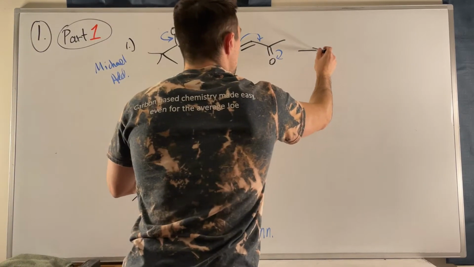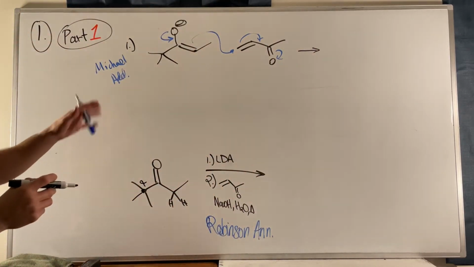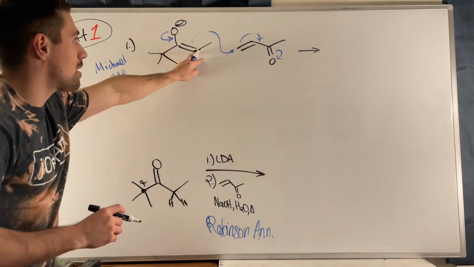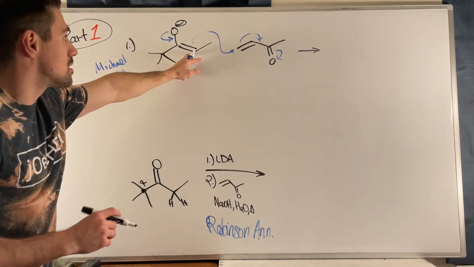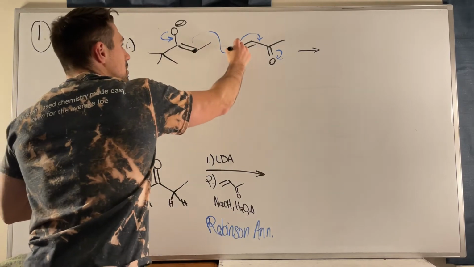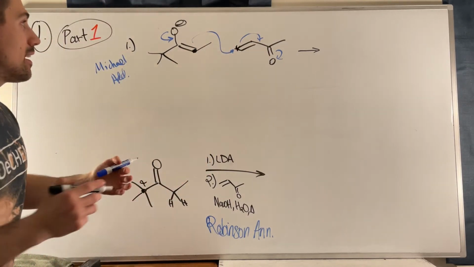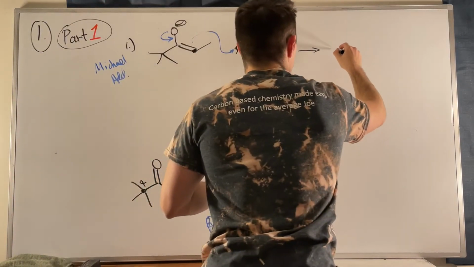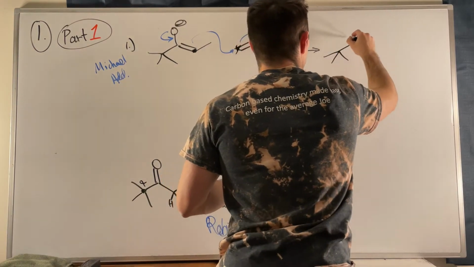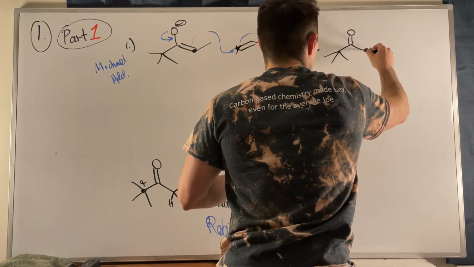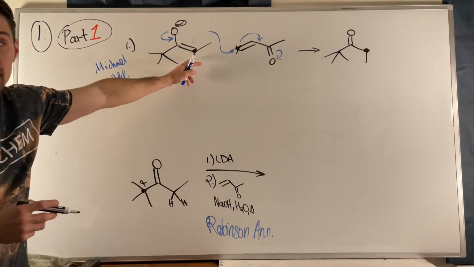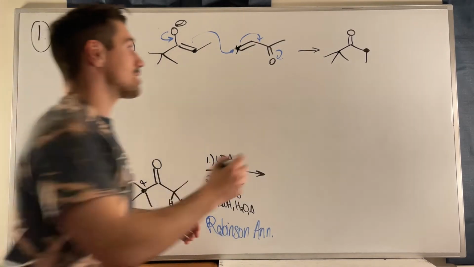So if we're going to draw this product, what I like to do is redraw this. I'm going to flip this methyl group down, okay? Because this carbon right here, this dot carbon, is going to be bonding to this carbon I'm asterisking right there. So leave the t-butyl group. It's now this carbon with the down methyl group that I dotted. The next line is to that asterisk carbon,